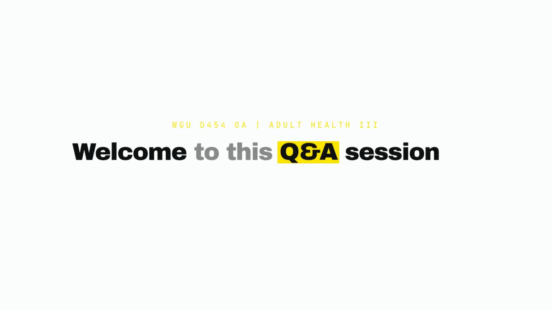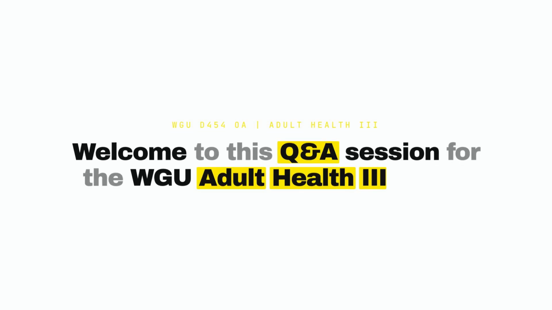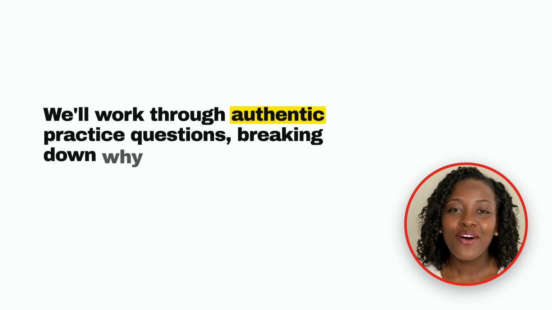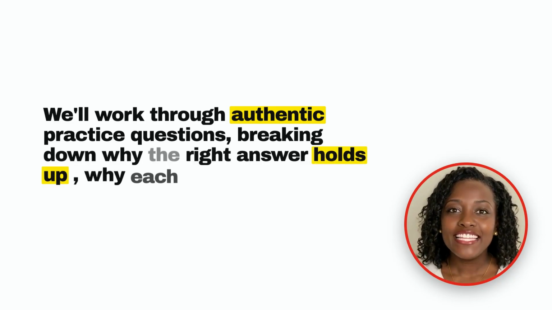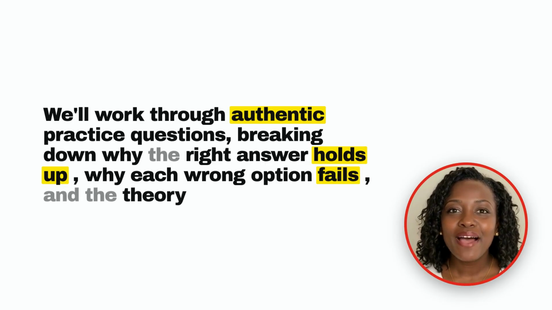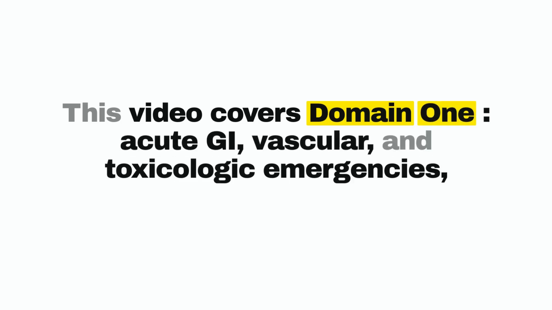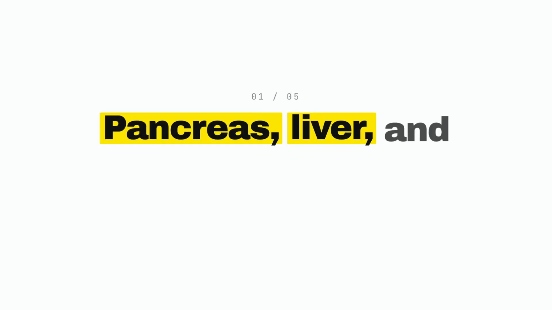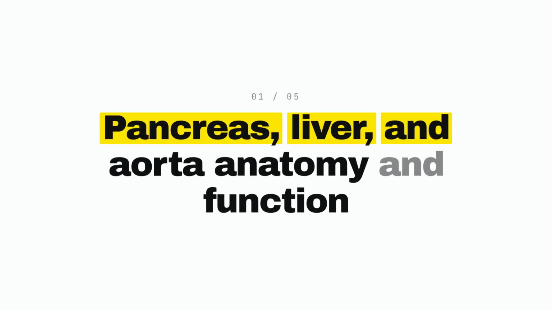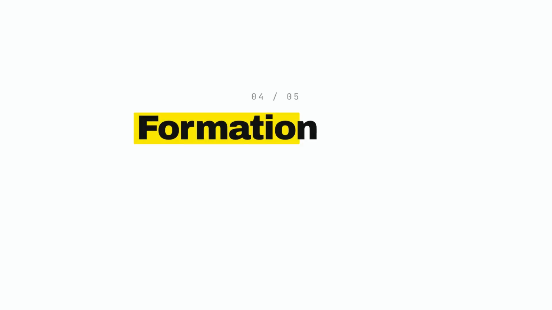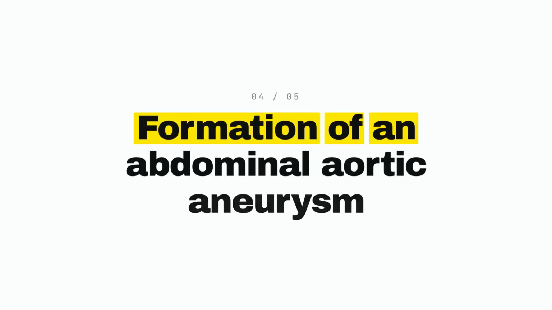Welcome to this Q&A session for the WGU Adult Health III exam. We'll work through authentic practice questions, breaking down why the right answer holds up, why each wrong option fails, and the theory behind it. This video covers Domain 1, acute GI, vascular and toxicologic emergencies including pancreas, liver and aorta anatomy and function, presentation and management of acute pancreatitis, the course of chronic pancreatitis, formation of an abdominal aortic aneurysm,